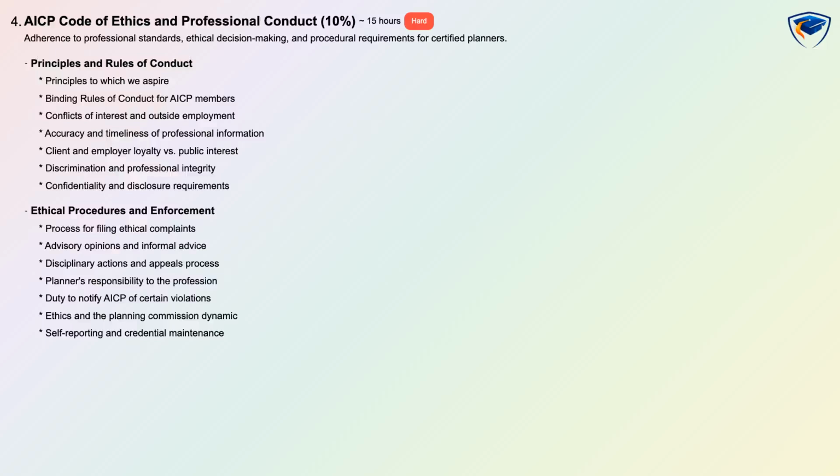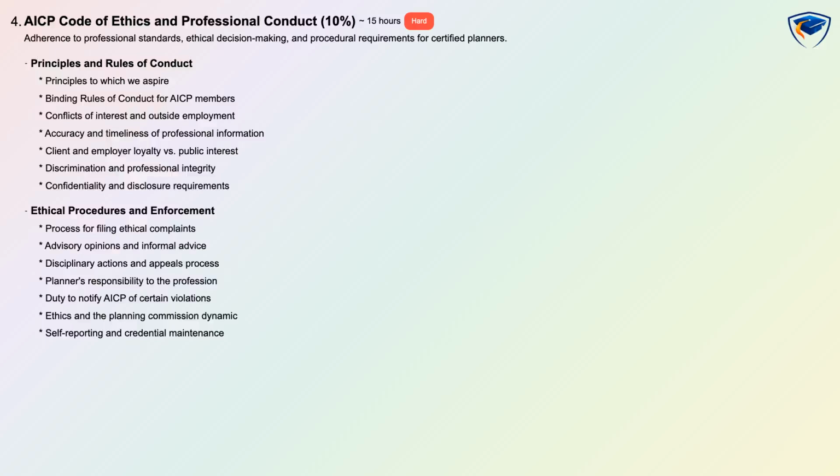The AICP Code of Ethics and Professional Conduct accounts for 10% of the exam, is rated hard, and is evaluated through scenario-based questions with about 15 hours of focused preparation recommended. This domain requires a practical understanding of the aspirational principles and binding rules of conduct, conflicts of interest, outside employment considerations, obligations of accuracy and timeliness, client and employer loyalty balanced with the public interest, anti-discrimination duties, and confidentiality and